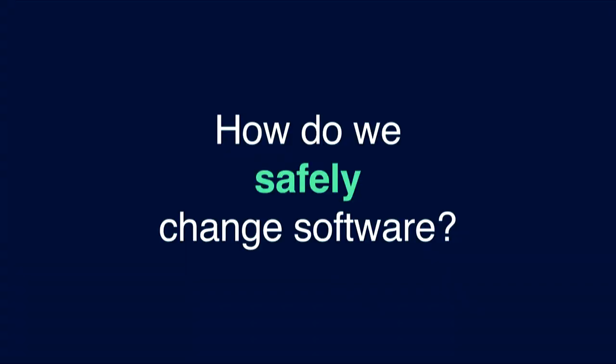So we know we have to make changes in software, and we can see that software is everywhere and has all these unforeseen consequences if we're not careful. But how are we going to make those changes safely? How are we going to ensure that, whether we're handling critical business processes or life and death situations, we can do that safely? And specifically what I'm going to talk about today is how are we going to make